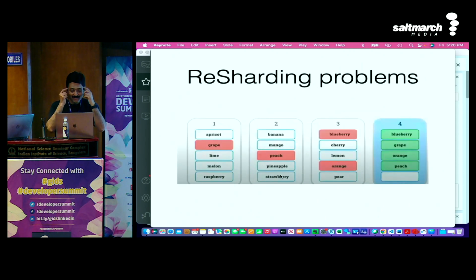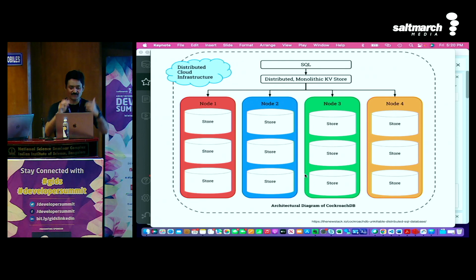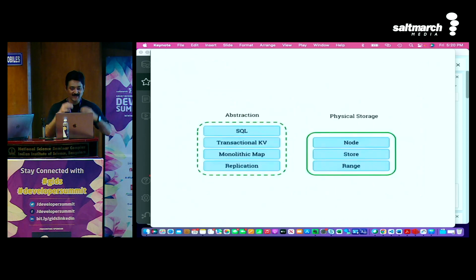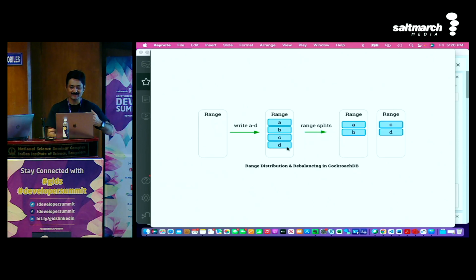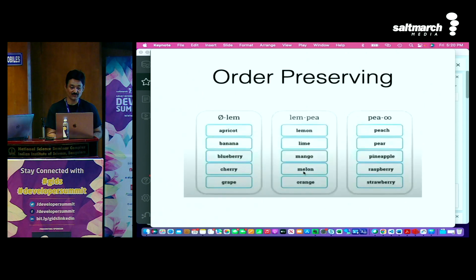So how about I make it much smarter, resharding the whole data, so it's picking something or the other for me. So how about we think of a different model? CockroachDB does that, and there are other ones which are coming in on this one. What they're doing is they're trying to create an abstraction layer now. What that abstraction layer means is that A, B, C, D is there. You say A to B is in here, C to D is in here. If there is an E added, you're going to add after D. Yeah, so that's what CockroachDB is adding. 0 to L, L to P, P to infinity.